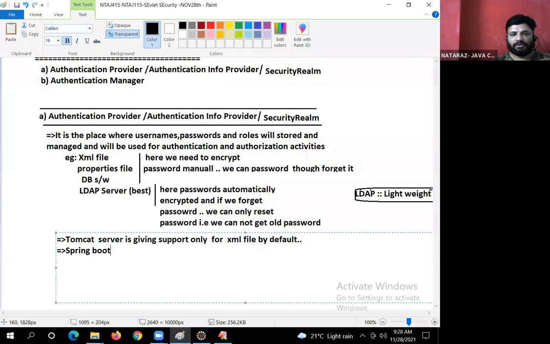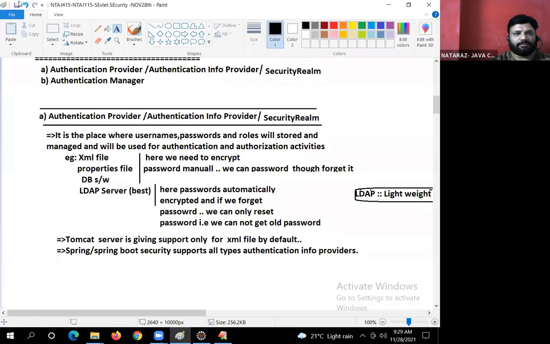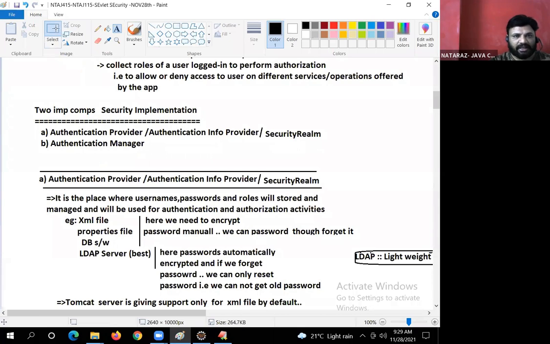Spring Boot security, or in future you learn in Spring or Spring Boot security, supports all types of authentication info providers. Everyone got the clarity, guys? Come on. Next,